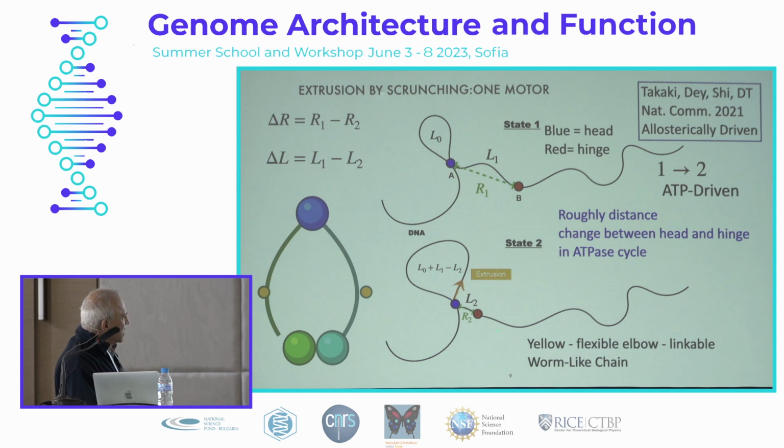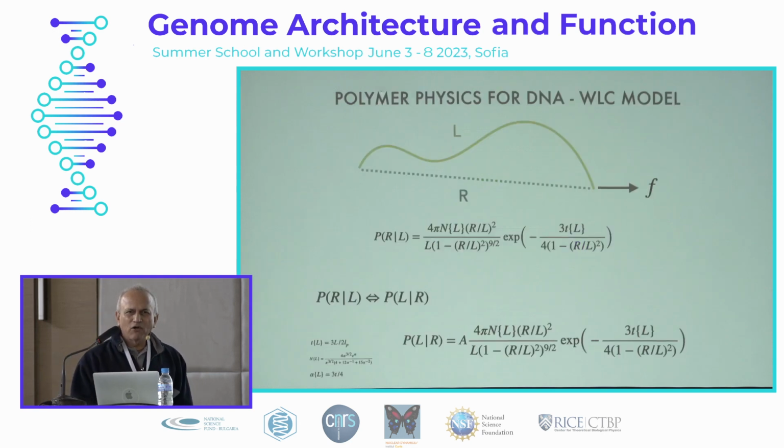So when that happens, the distance decreases, R2, and the loop is actually extruded, and the increase in the loop length is roughly L1 minus L2. That's a physical picture, all right? So in order to calculate,